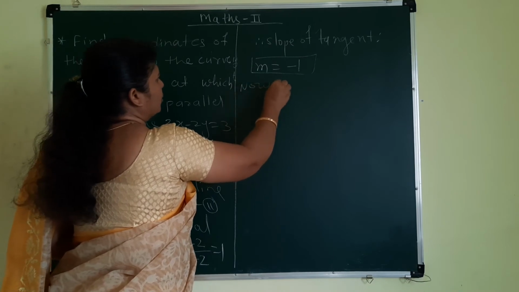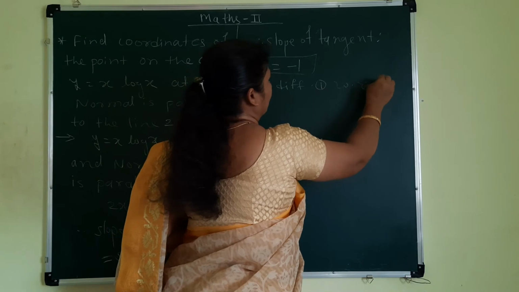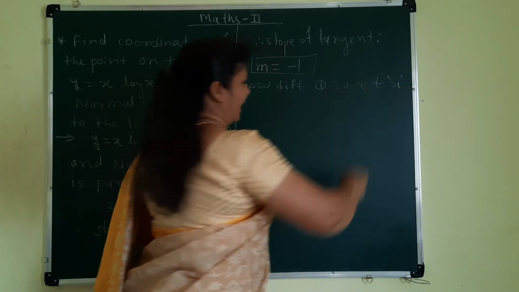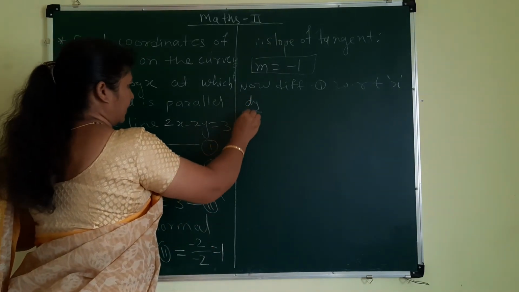Now differentiate equation 1 with respect to x. What will we get here? dy by dx is equal to,